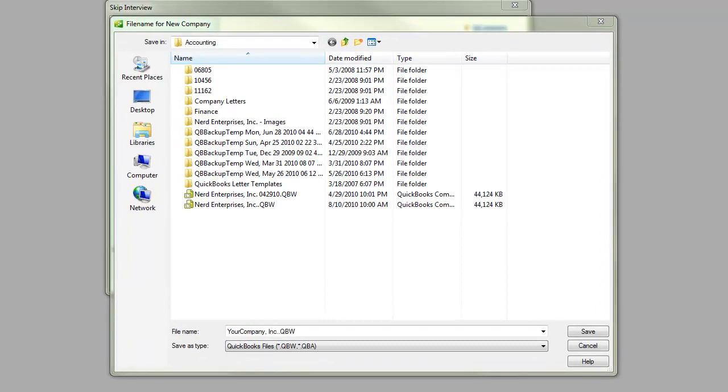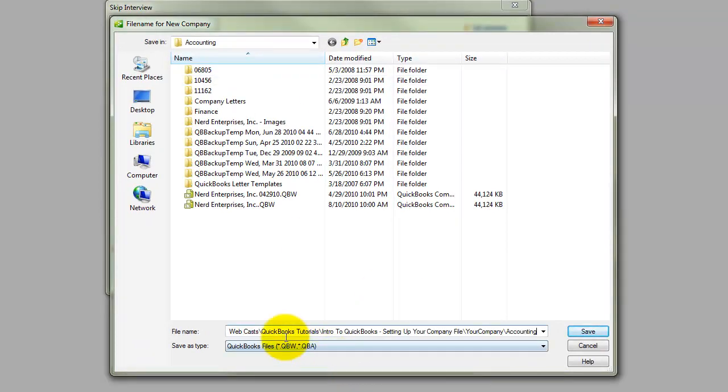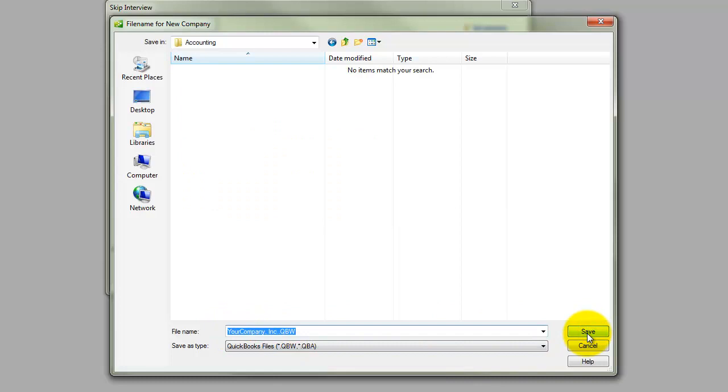Sorry Mac users, you can't do this. And I can paste the file path in where it says file name. I hit save and it takes me right into that location, and it's already ready to save my company based on the name